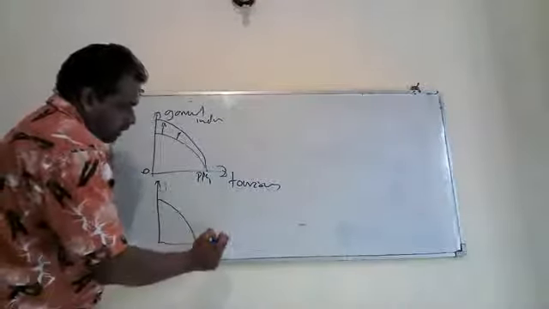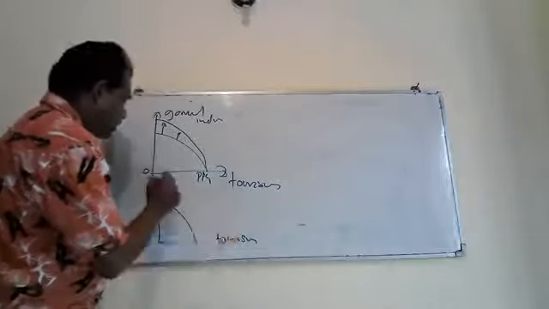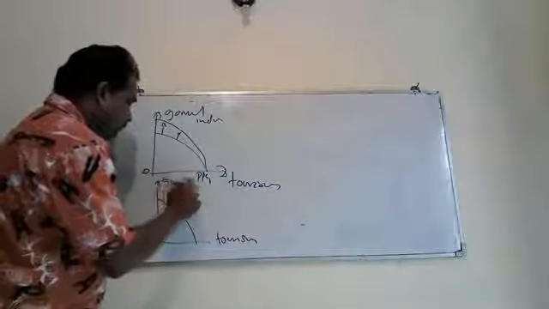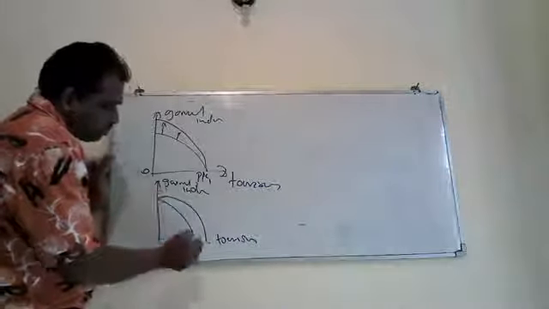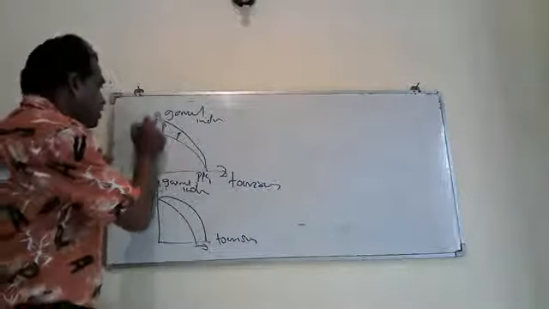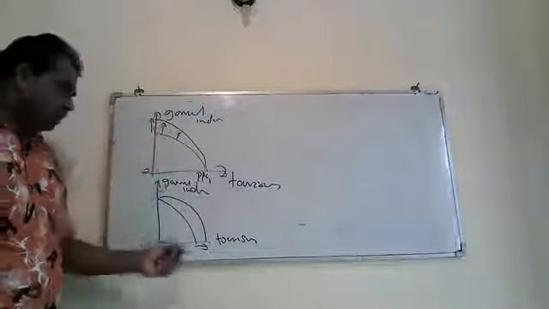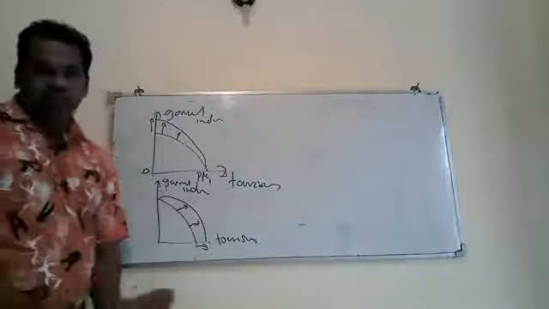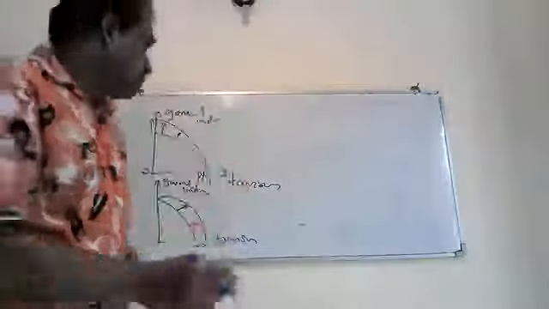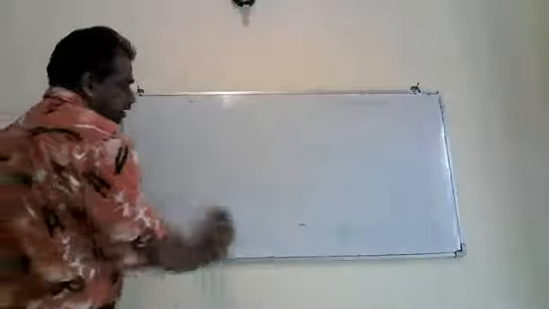Then it can happen like this. You take here tourism, here garment. Then we can have it like this also. That means improvement has happened from the tourism industry. Here garment industry, then there can be expansion only from tourism. Right. That is one side, improvement in the industry. Likewise, we can have different concepts to explain under the PPC curve.